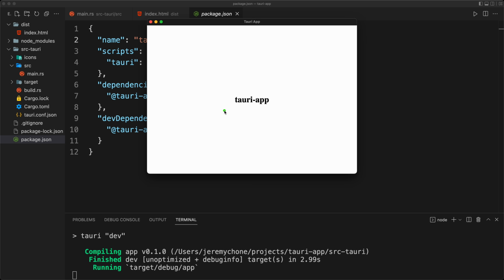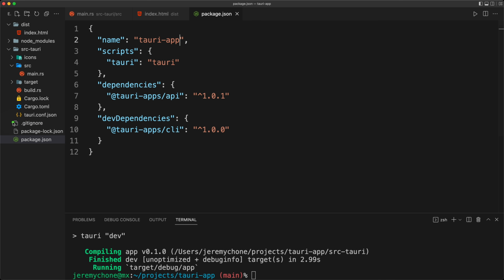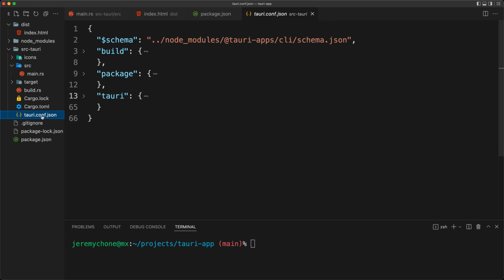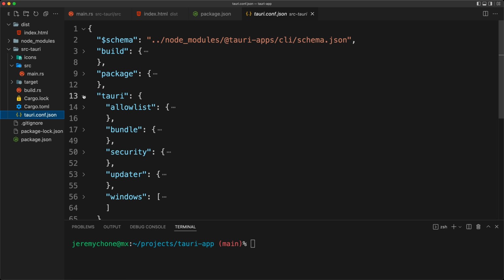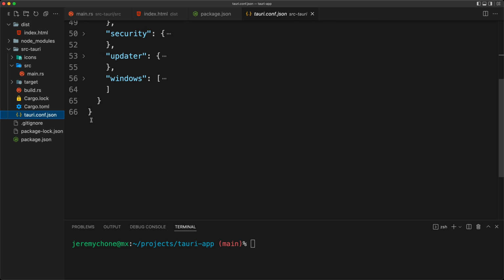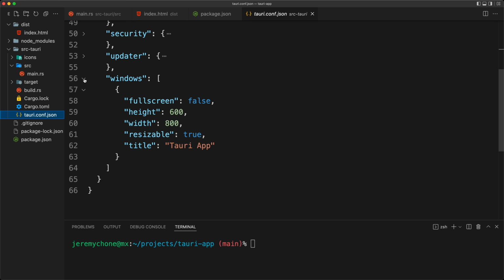And that will allow you to display what we had before. The window is managed by a tauri.conf.json. If we click on it, there's different sections. And if you go to the tauri section, you have a windows where you define your base window. And you can obviously override that in your builder, but that gives you a simple declarative way to put this